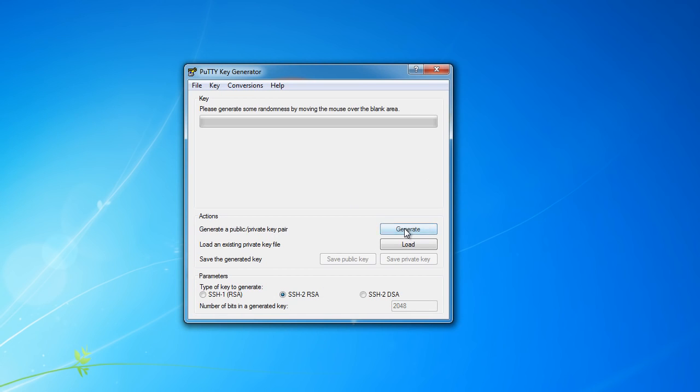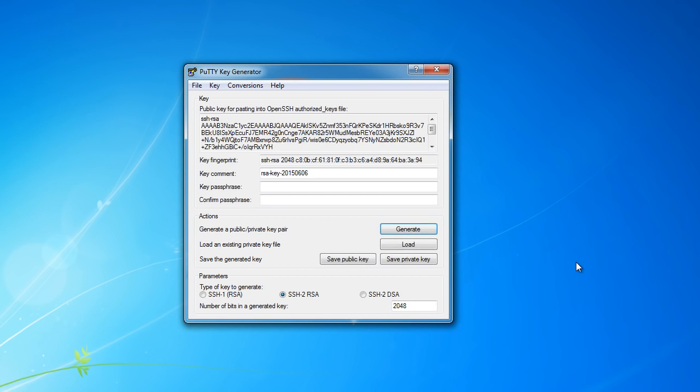And if you hit generate, it says, okay, this is a random key that's going to be unique to each user. So in order to give it some random numbers as the seed, you just move your mouse over here. Maybe write your name, maybe draw a picture. And then it says, okay, here is your random key. So again, this is the public key that you see right here. This is what we're going to be sticking on the server. So select this